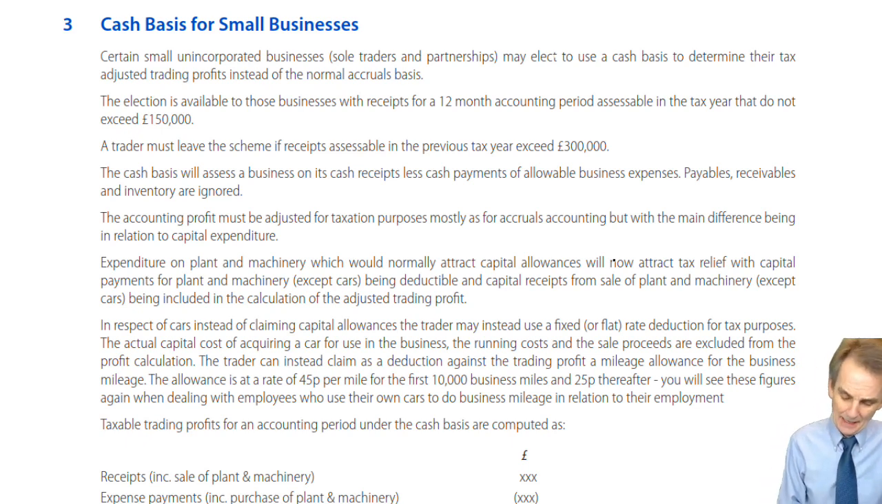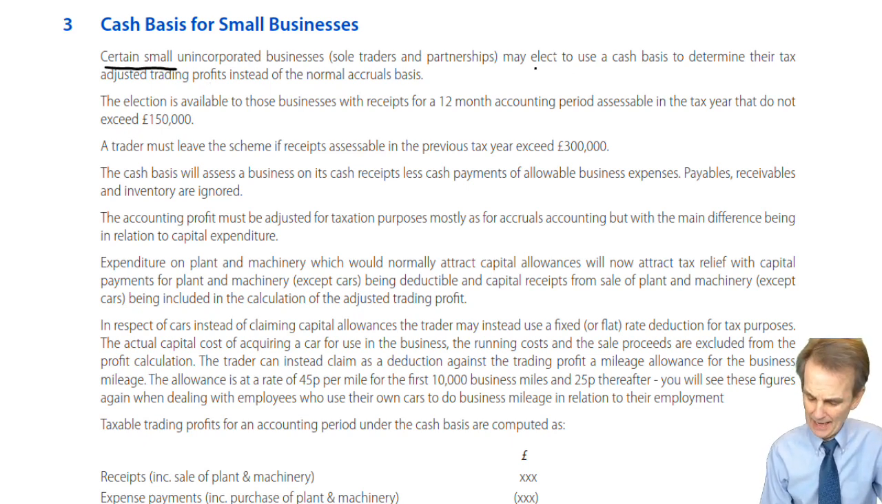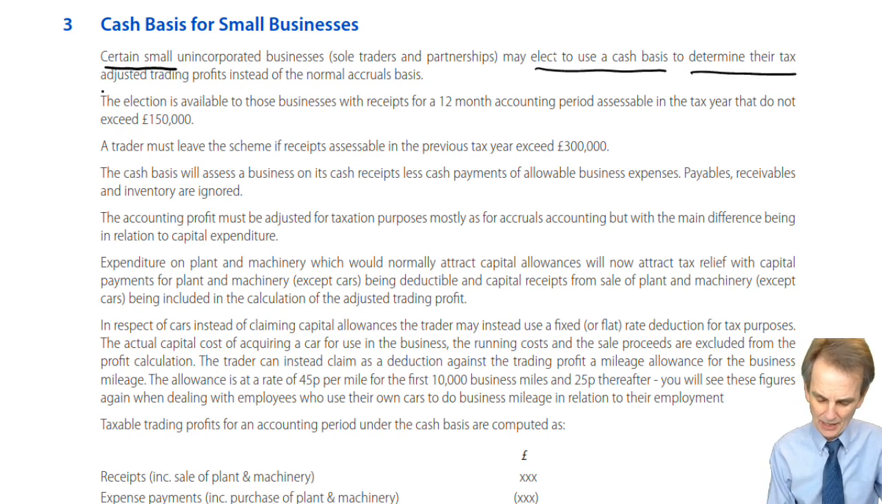Right, here again, looking at our page now in section 3, cash basis for small businesses. Now it says certain small unincorporated businesses. Now, unincorporated, we know, either a sole trader or a partnership indeed. We'll define exactly which small businesses we're talking about in just a moment's time. But if they qualify, then they elect to use a cash basis to determine their tax-adjusted trading profits instead of